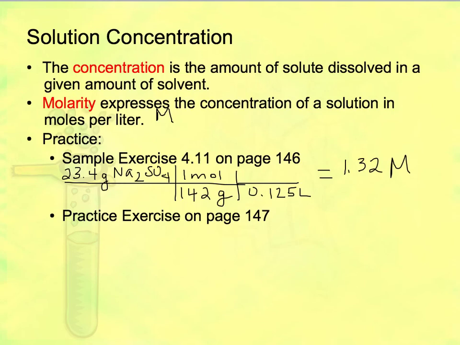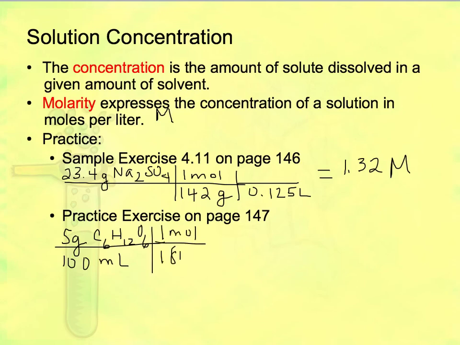All right, so now we're going to do the practice exercise on page 147, and we are dissolving 5 grams of glucose in 100 milliliters of solution. So that's not molarity yet, but I know that I can get to moles from grams, and I can certainly get to liters from milliliters. So first thing we're going to do is divide by the molar mass, which is 180. And then we are going to multiply by 1,000 because there are 1,000 milliliters in 1 liter. And if we multiply and divide, we get